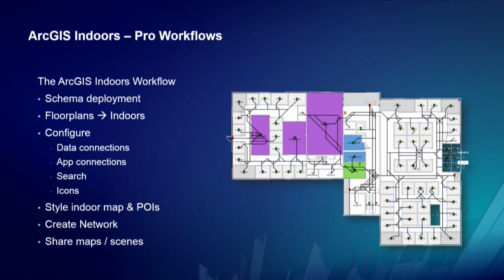We also may want to add custom icons. So we can add URLs to our icons for different data layers and map layers and customize the look of our indoor map in 2D or 3D. And so we've included some indoor map styles and POI icons, and we're continuing to kind of grow and add to this library in the Indoors product. So we have ready-to-use styles you can use and deploy for your facility or campus.